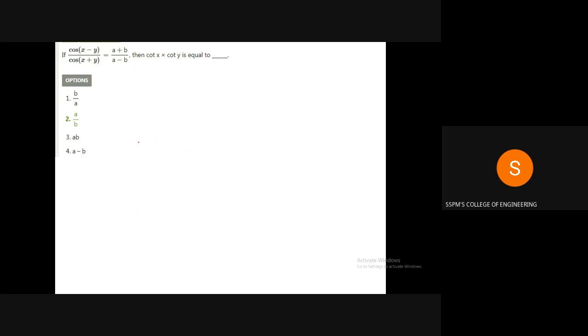So now the next question is, we have cos (x minus y) divided by cos (x plus y) is equal to (a plus b) divided by (a minus b). If you look at the right hand side, you will notice that it is in the form of componendo dividendo, isn't it? So we will use the same property. Therefore, by componendo dividendo,